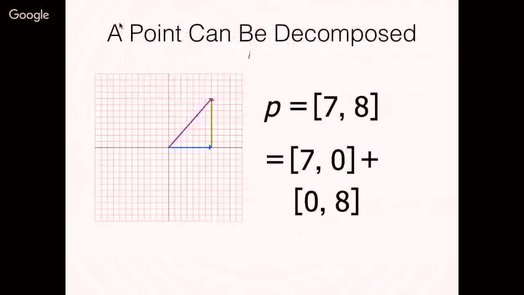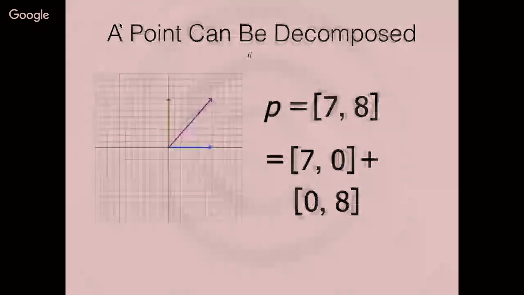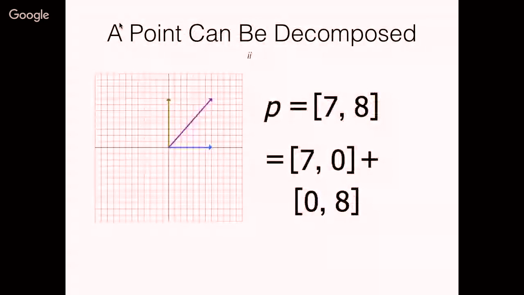Because if we want to rotate a point, say (7, 8), we've already rotated points which are just on the x-axis or just on the y-axis. But if we want to rotate a point that is somewhere in 2D space, and we will get on to 3D, honestly, if you want to rotate a point that's somewhere in that space, just decompose it. So you've got 7 going across and you've got 8 going up. So you've now got two of those vectors, and you can see they kind of look like that.